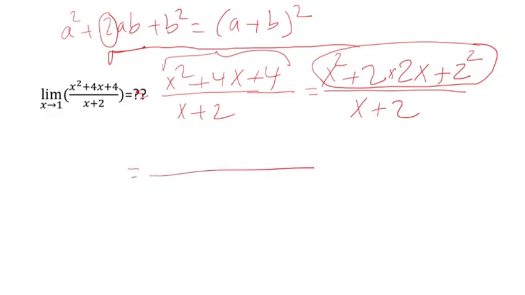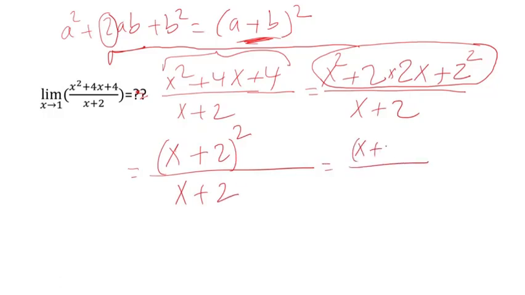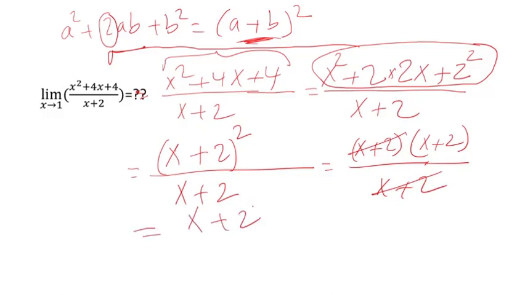Now I can go ahead and use this simplification. It's just a plus b quantity squared, where my a is x and my b is 2, divided by x plus 2. And we know x plus 2 quantity squared is the same as x plus 2 times x plus 2, right? So I can cancel one of them and I end up with x plus 2. So I'll replace x with 1,